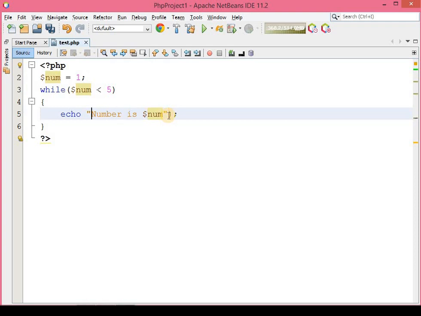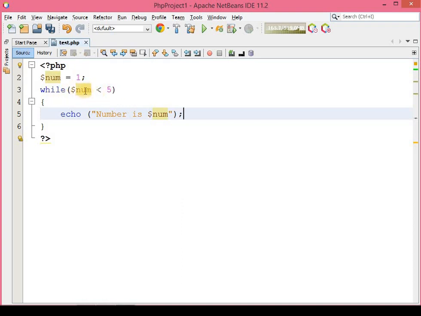This is the syntax. Now this is a statement that we are going to print out: number is and $number. So what is the value of this variable? That is 1. Now you can see that number is equal to 1, while number is less than 5.